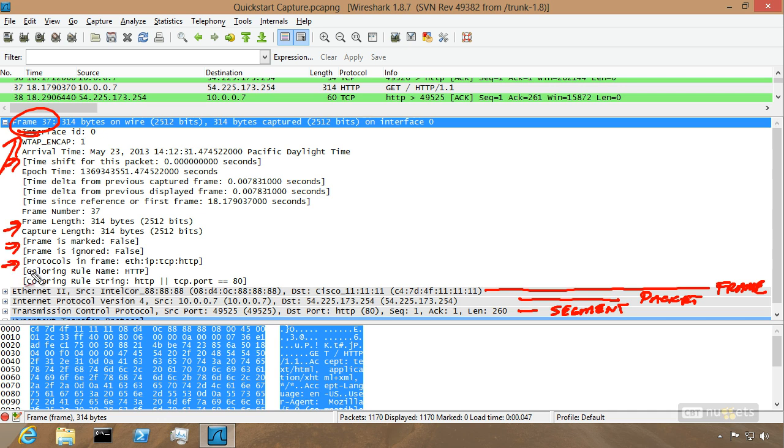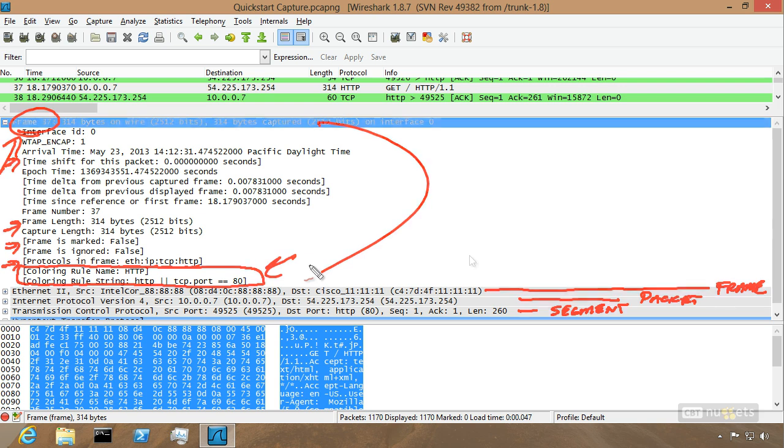The Reader's Digest version of what's contained. So it's saying it's HTTP wrapped up in TCP, wrapped up in IP, wrapped up in Ethernet. Fantastic. It's also specifying why it's colored the way it is. As far as why the coloring rule is the way it is regarding this packet, the information's right there in this frame section. We can think of this frame section in Wireshark as the resume regarding the information it